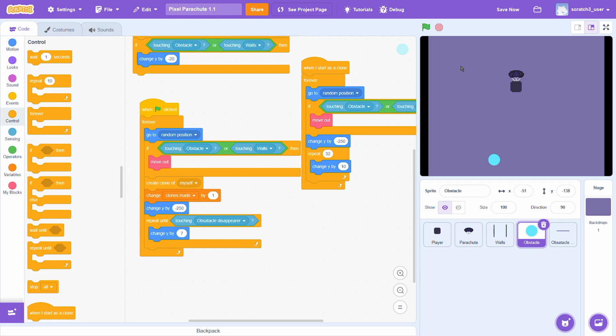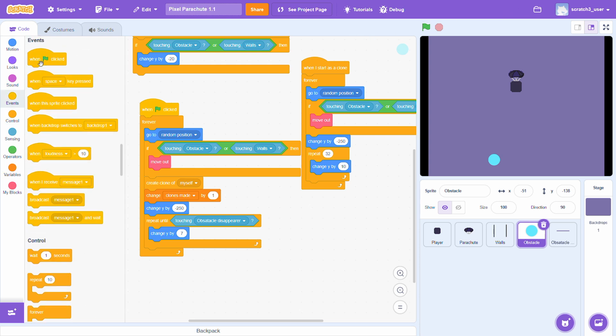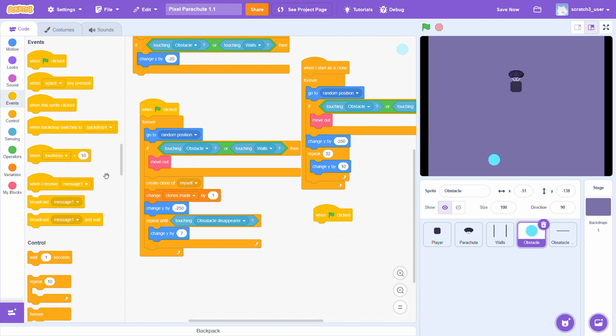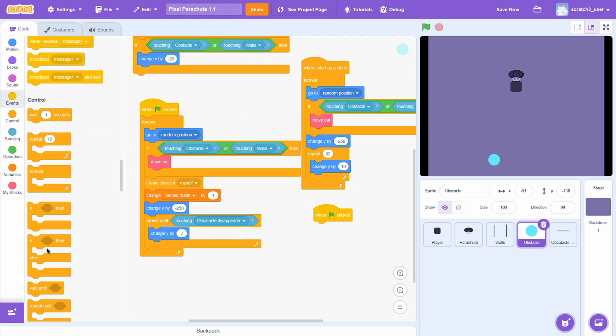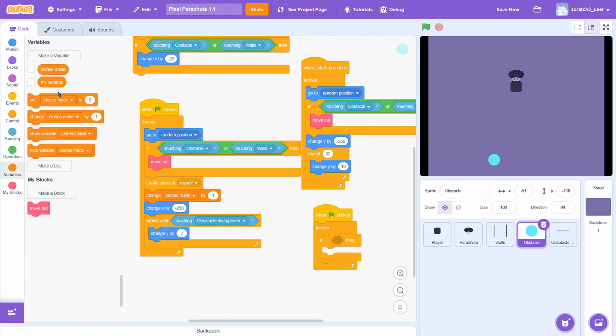So maximum we need, let's say, 5 obstacles in the screen at once. When clicked, forever, if clones made